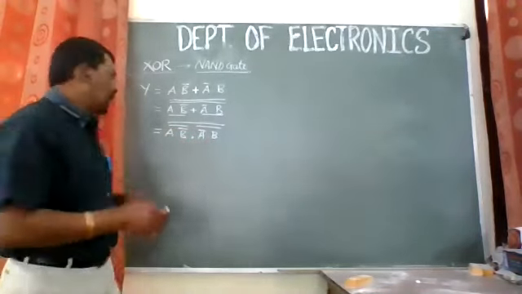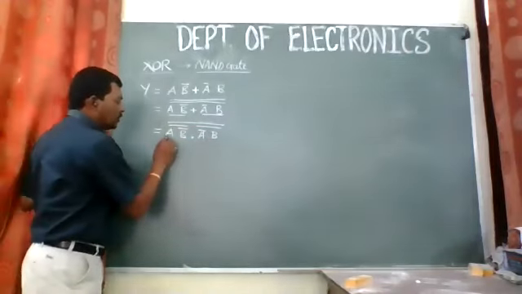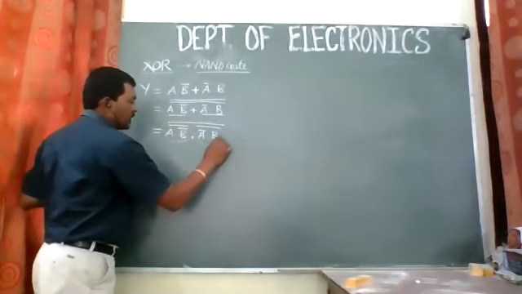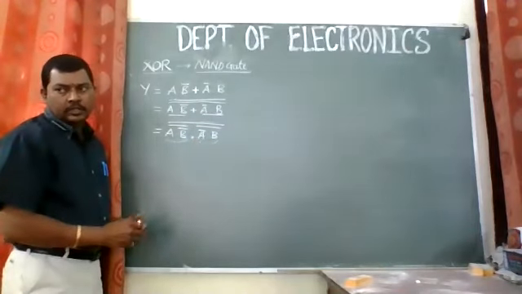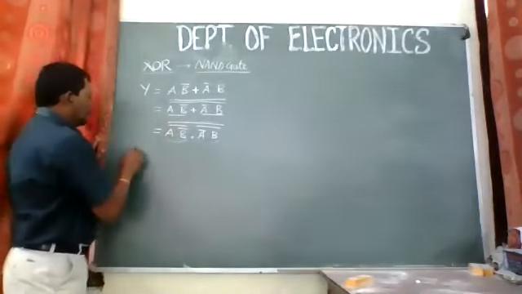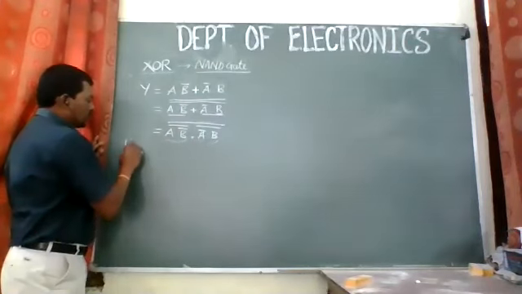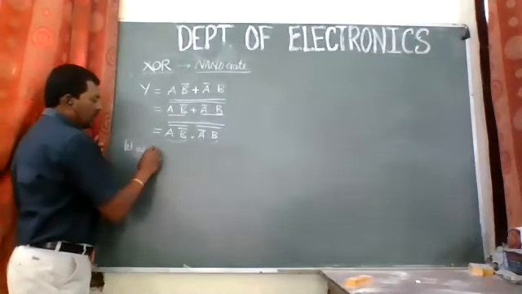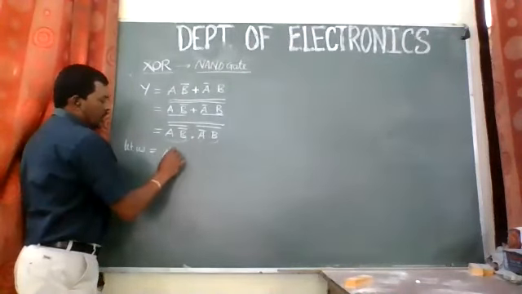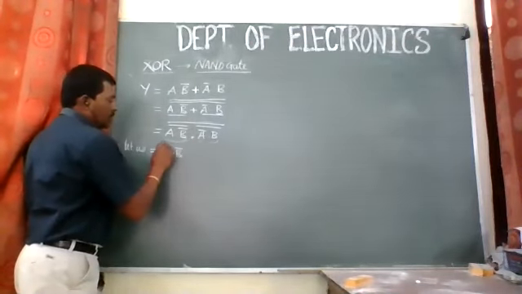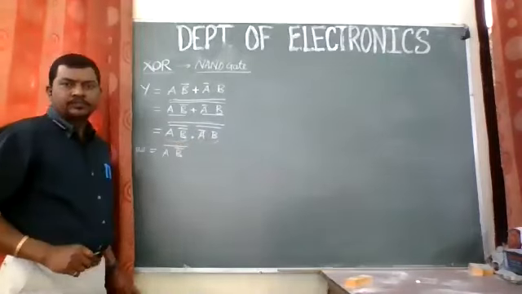Now again, to simplify that, we can use these two terms. This is the first term and this is the second term, and we'll try to reduce it further. So we'll consider the first one, that is, let us consider this equation, and then we'll put that in the equation. So we'll consider a dot b bar like this.